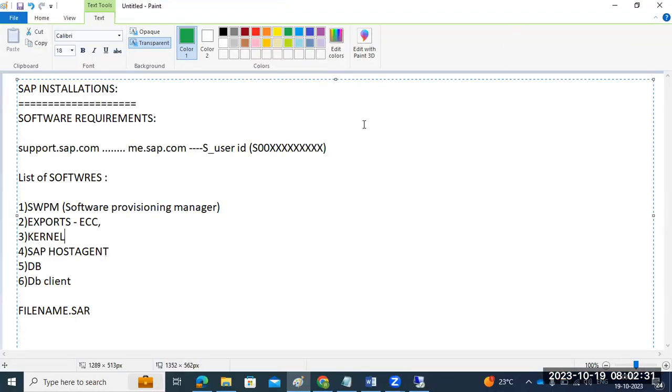I will show you now. Okay. So depending upon the OS, you will download the kernel here. Not ECC specific, NetWeaver specific, or Fiori specific kernels, just the OS specific kernels here. So here, okay, let me